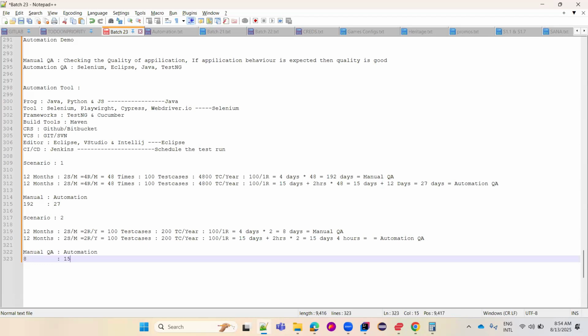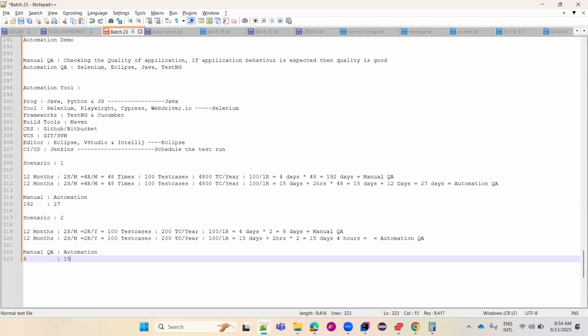Regression is the irritating word for the QA team, because every time they are going to give the regression tasks. So that regression can make a difference here. Manual QA, automation, 8, 15 in the second scenario. So by seeing scenario 1 and scenario 2, in scenario 1 we have the weightage for automation, and in scenario 2 we have the weightage for